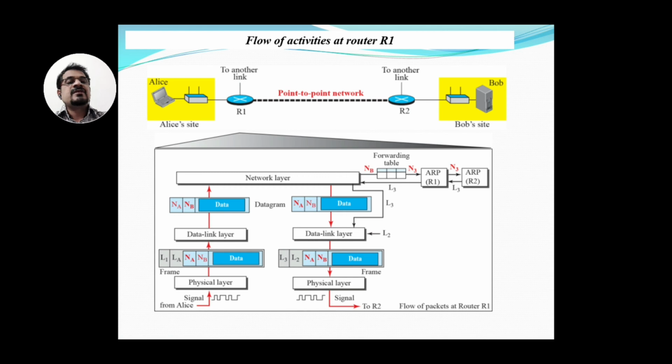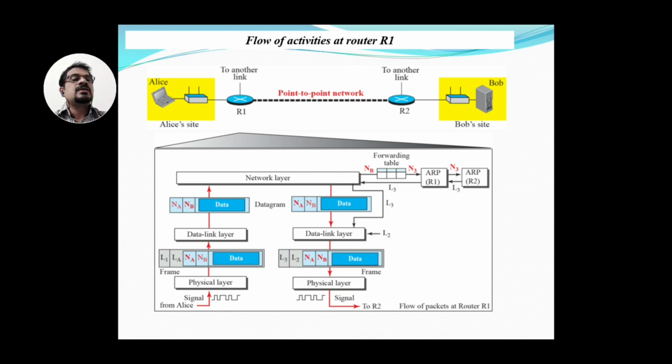When it is going to receive, the physical layer will come, and then it will move on to the data link layer, which will have both the IP addresses and the link addresses. Then the data link layer processes it and sends it to the network layer. When the data comes from the network layer, first it will use the ARP protocol, which is going to identify